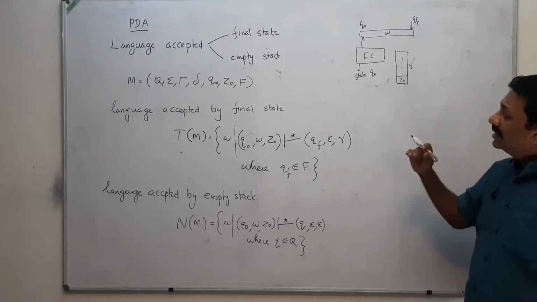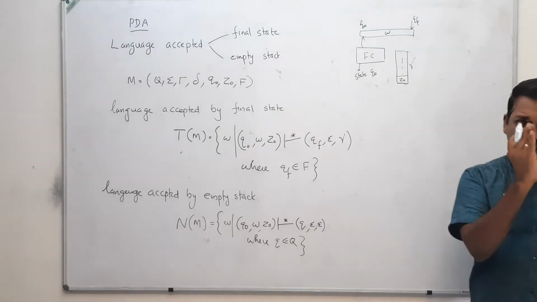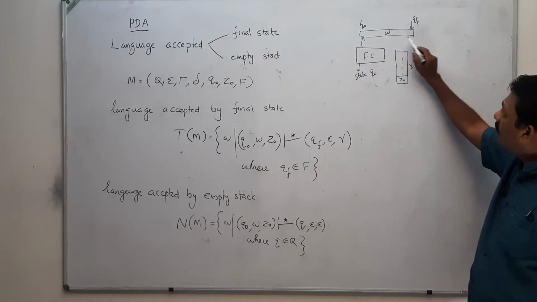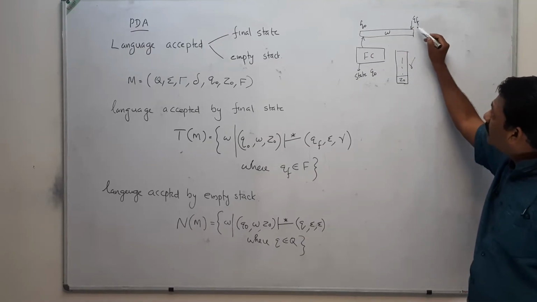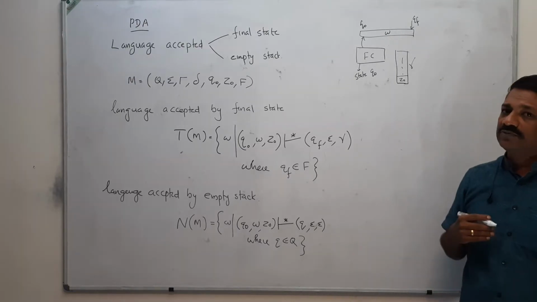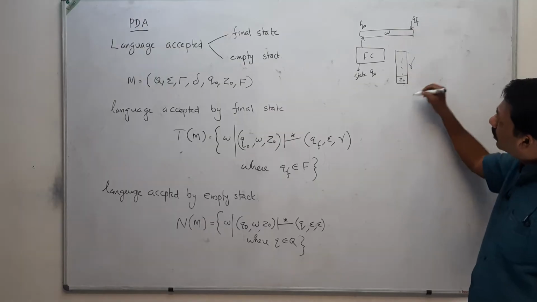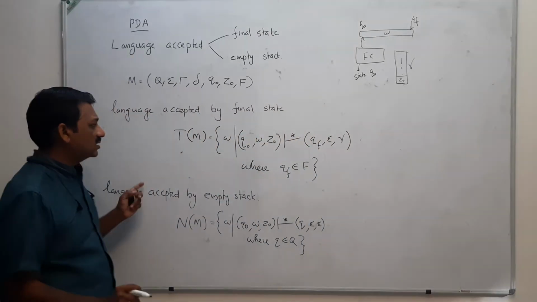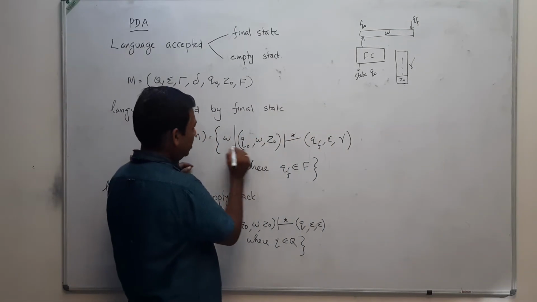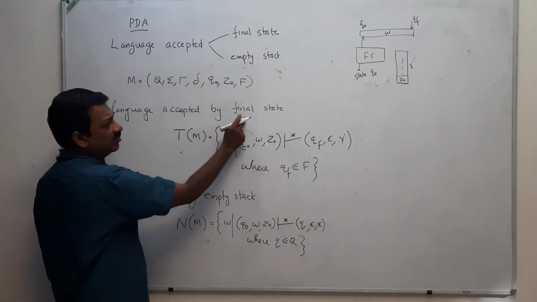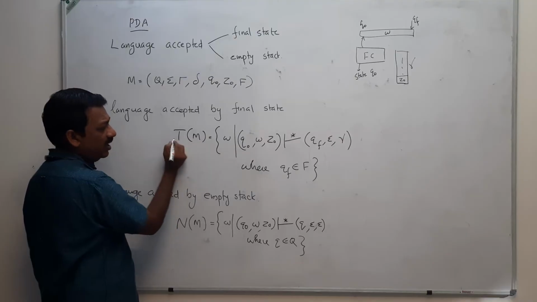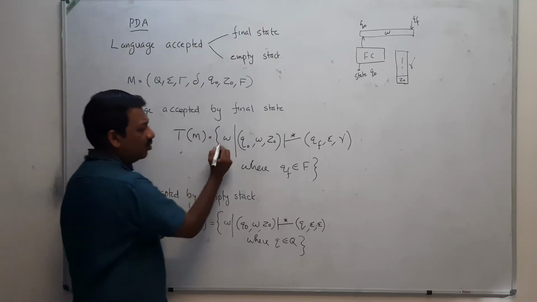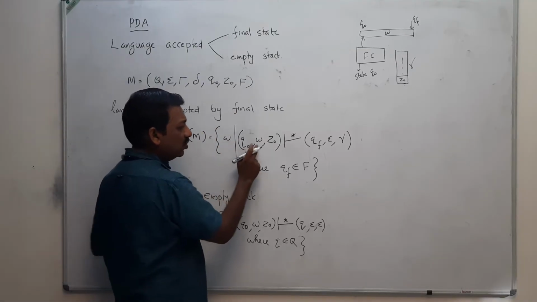That means the language accepted by final state means you are starting with state Q0, and after reading all the inputs and processing them, if you reach a final state QF, then that string can be accepted. At that point we are not bothering about the contents of the stack. That is why we use an instantaneous description. The language accepted by M by final state is represented by T of M, and it is all strings W such that Q0, W, Z0